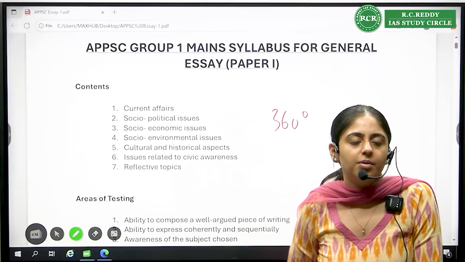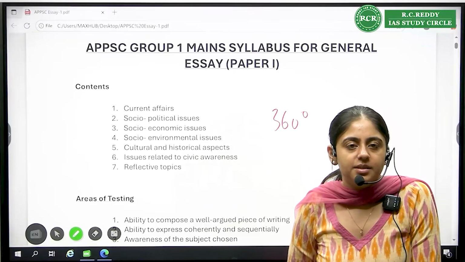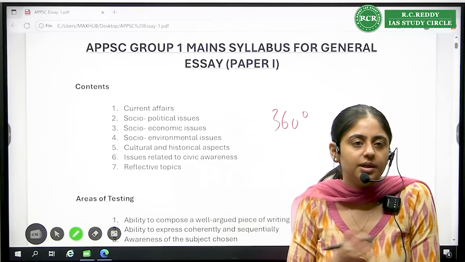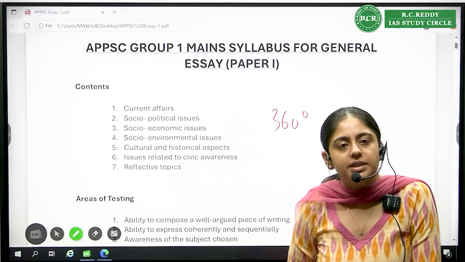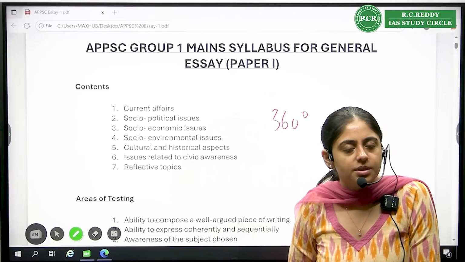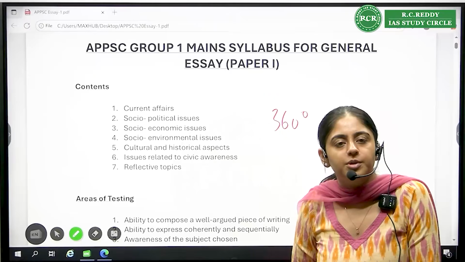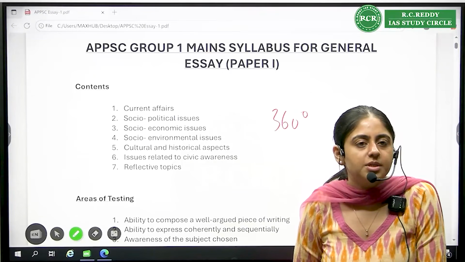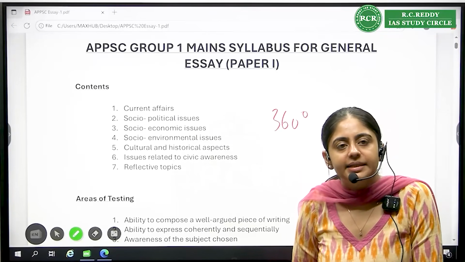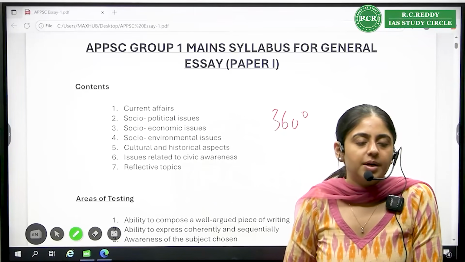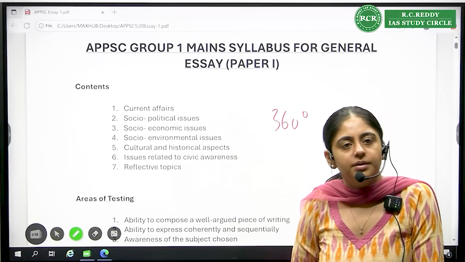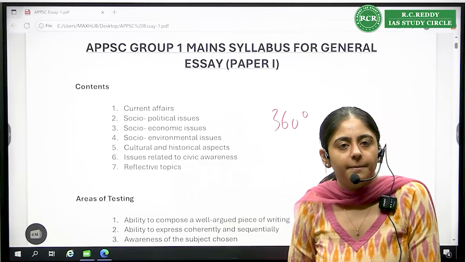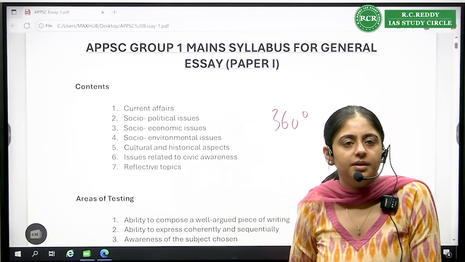Similarly, say if they ask about current affairs, the Israel-Palestine issue. Do you have full knowledge about it? Do you know the historical background? How it actually started? What is the root cause? And not just information about the October 7 event which happened, or not just information about Hamas. What exactly is happening there, or what exactly is the historical background? What has the UN proposed in the form of a two-nation formula? What happened after October 7?